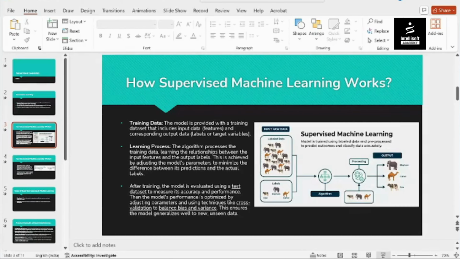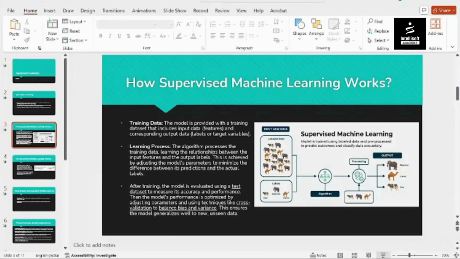Like the parameters I told you, like four legs, two horns. So it will adjust all the parameters accordingly, and will understand what was unique in each and everything. Like the cow doesn't have a trunk, or the camel doesn't have a trunk or doesn't have horns. So it will categorize each and everything. The algorithm will process everything on its own.